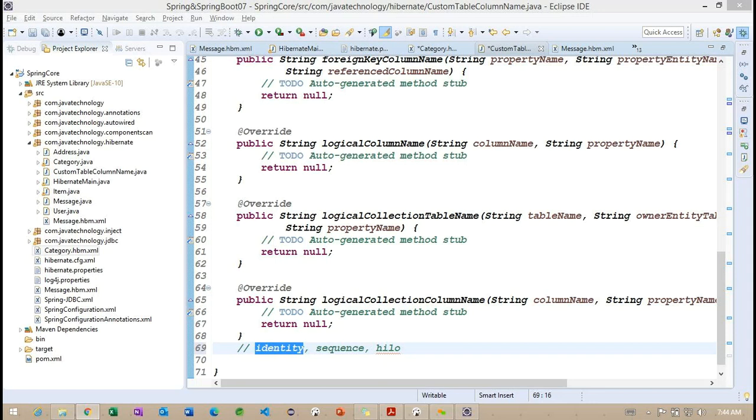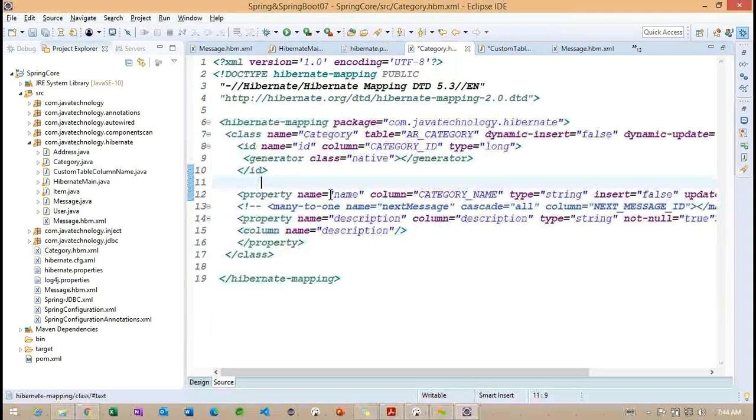And here the increment is going to be taken care of by Hibernate, but the initial value is generated by the database. So when we work with identity instead of native, what happens internally? It's going to check with Hibernate whether this Postgres database is generating the value or not.